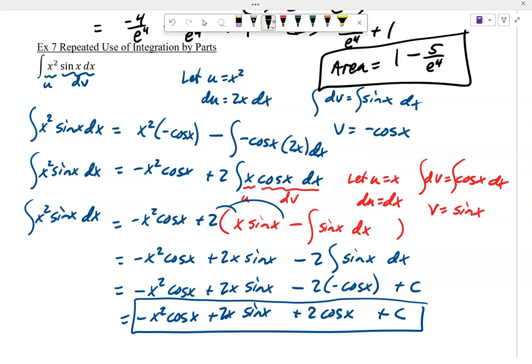So for example, in this red part over here, if I had switched this and I had made, in red here the second time I did it, u being the cosine and the dv being like 2x,